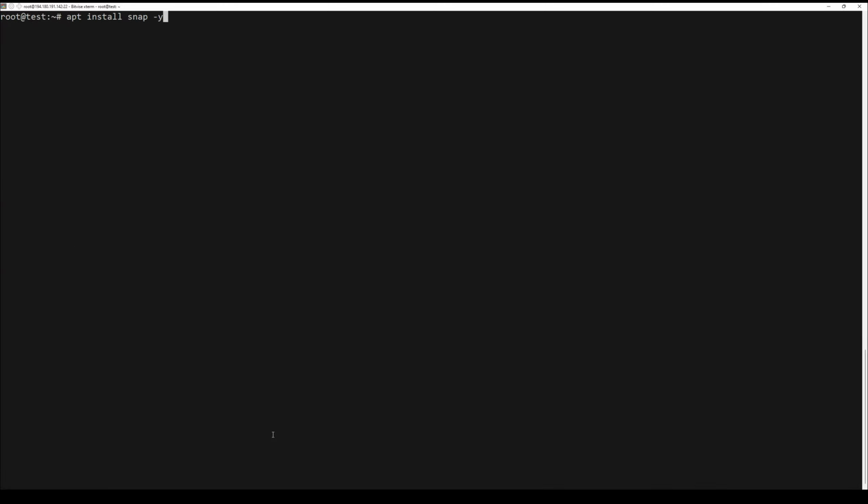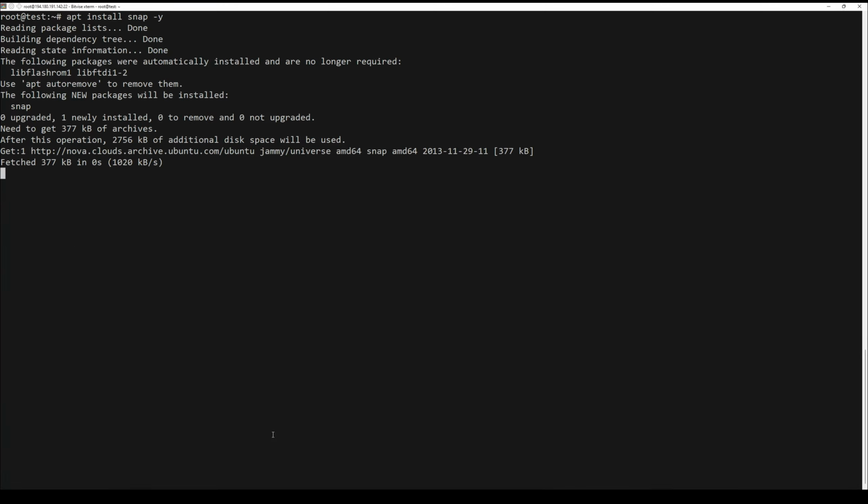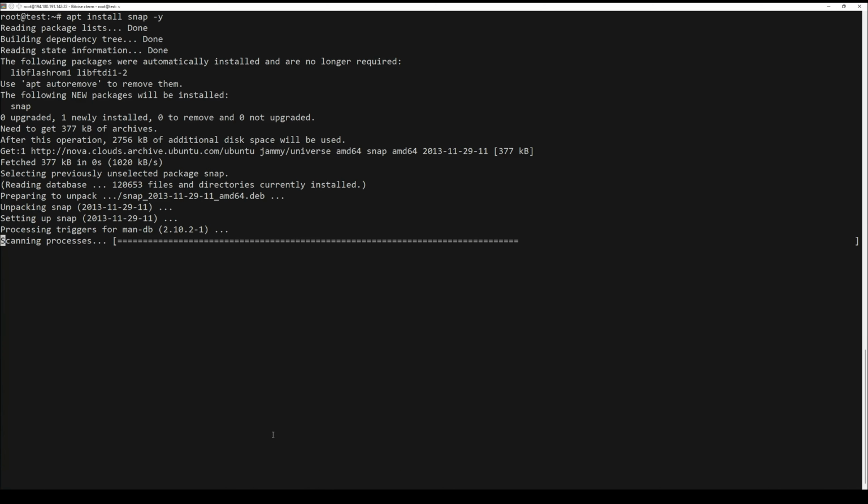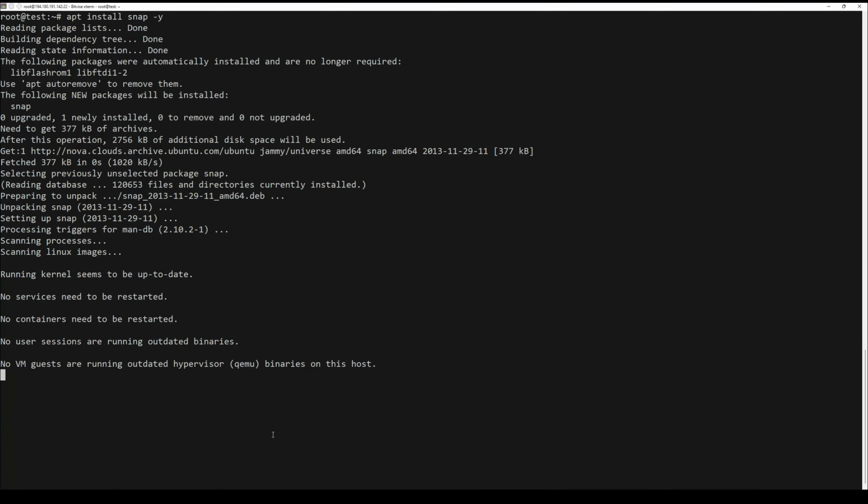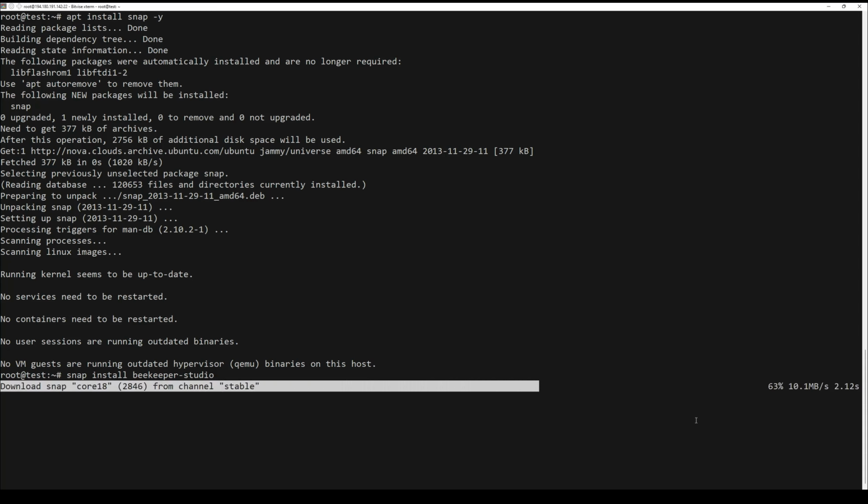You can install Beekeeper Studio with Snap Manager. First, what you need to do is to install the Snap on your server. Then install the Snap core, and after that install the Beekeeper Studio. When the installation is finished,